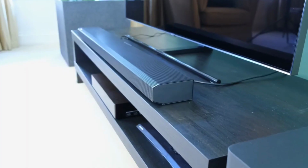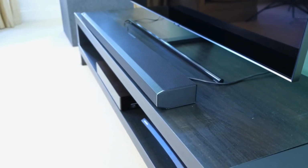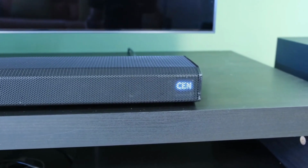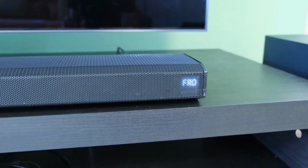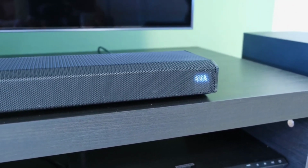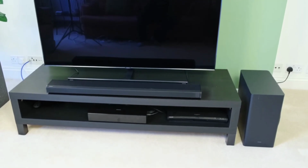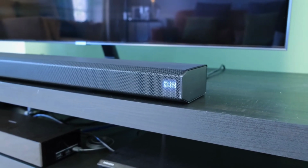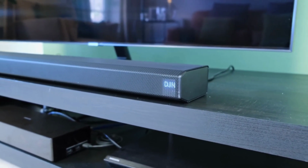It's not too big either. We'd recommend it for TVs of 48 inches and up. One of the reasons we like the soundbar so much is because it has actual up-firing drivers. That means it can deliver more convincing Atmos height than soundbars without up-firing speakers, and we found that the horizontal soundstage was nice and wide too. Add in some impressively meaty bass, and you've got the ideal home entertainment experience without having to fill your room